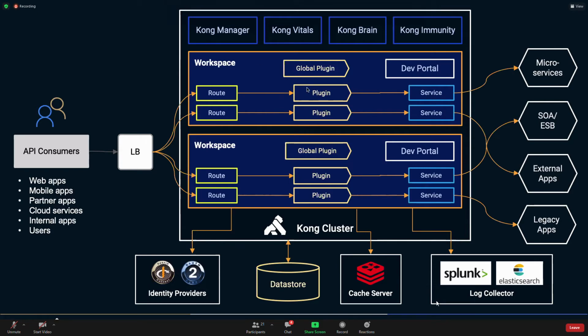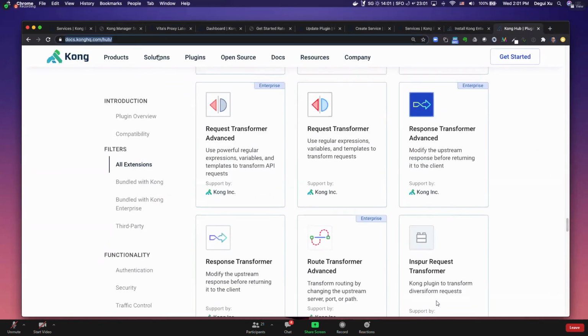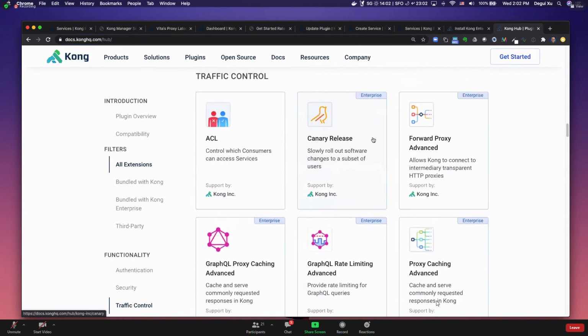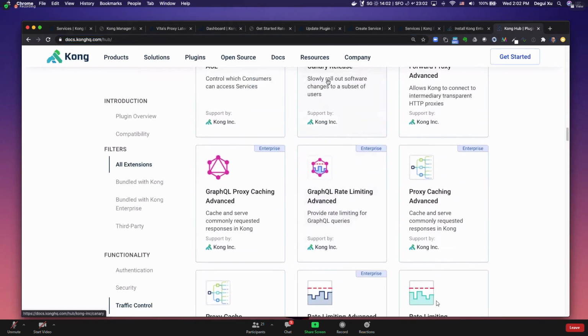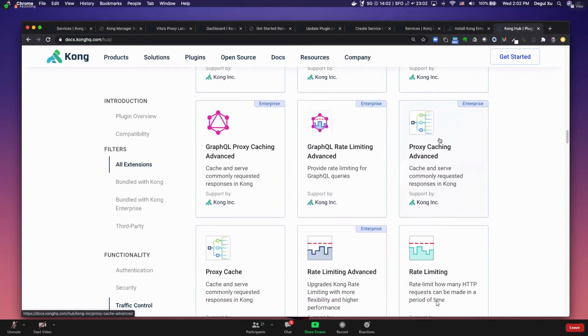So if you want to find more information about plugins, just come to Kong Hub. Let me just paste a link here. This is a very useful link that you should always use. Kong Hub gives you a list of plugins available. And also what is important is that you want to find out how to configure a particular service plugin. You just click on this one. For example, if you want to cache the result, if you click on the plugin, it leads you to the